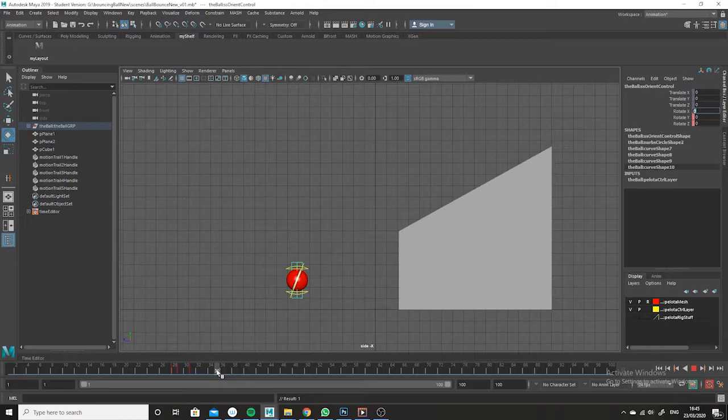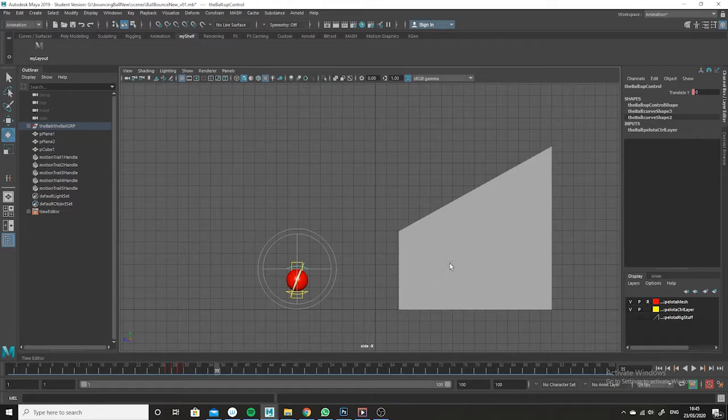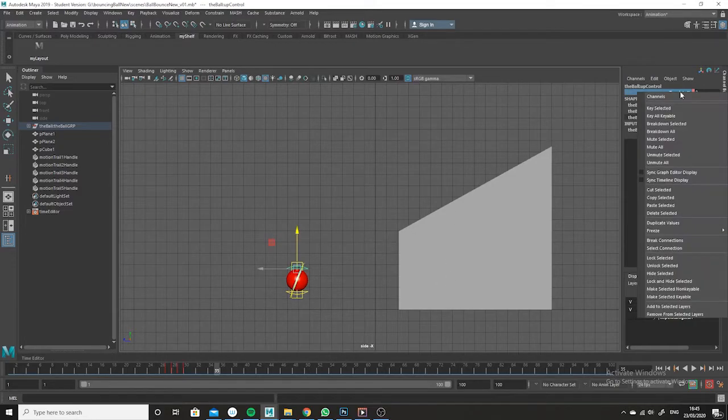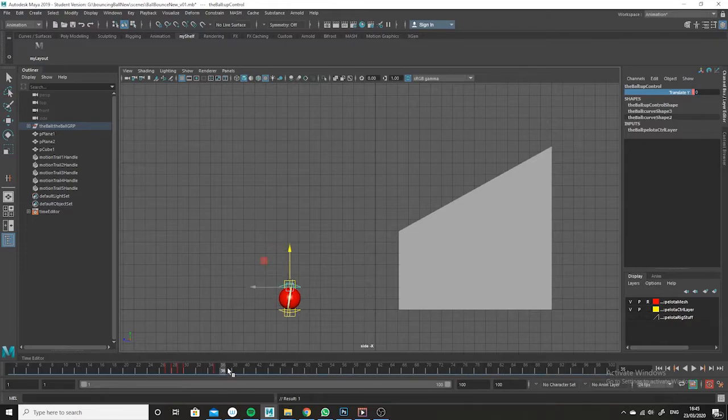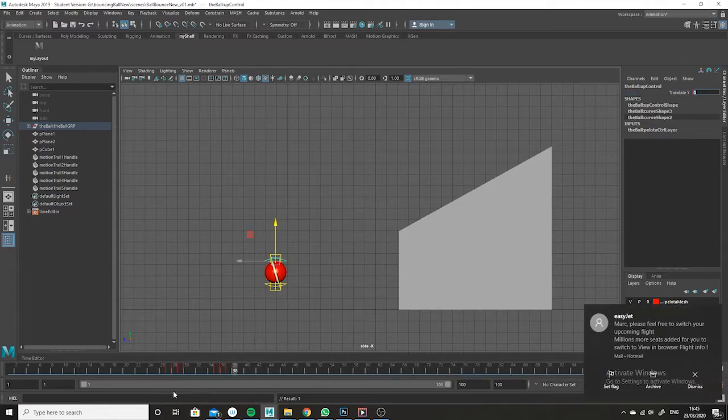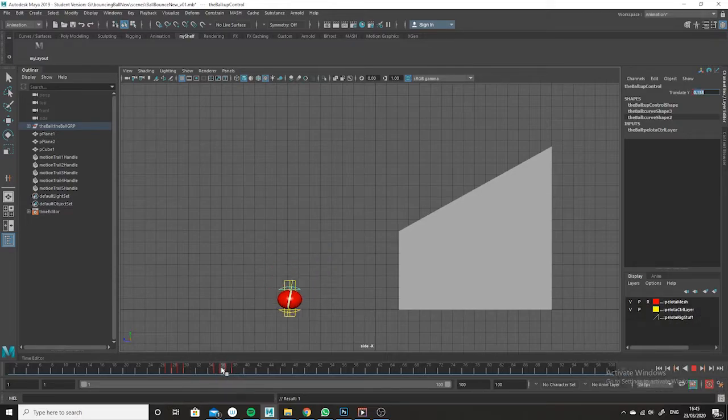Again, nothing, nothing, nothing. So here, by going to this control again, the frame just before it starts to squash, I make sure that there's a key. Then I'm going to make a key here, squash it down a bit, not so much, maybe just this much. Then I'm going to squash it out a bit, pull it the other way, yeah, and then I'm going to go to the next frame and 0 it out. So we'll have this bounce, yeah,